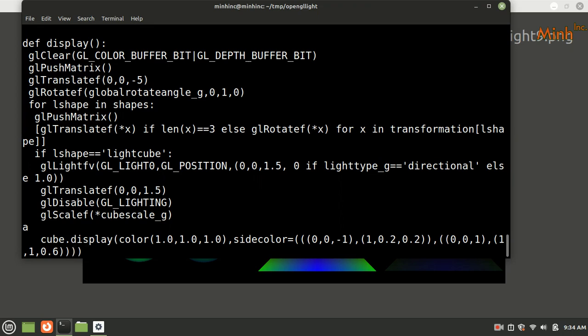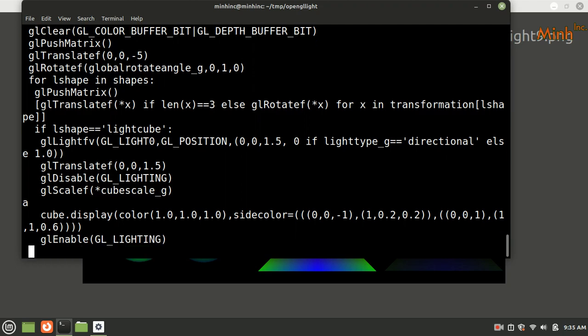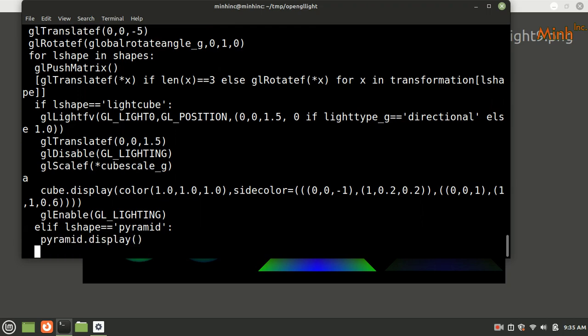Okay. Now we will enable the lighting. We disabled it because the cube would not be drawn nicely. Enable GL lighting. Okay. If L shape equal to pyramid, dot display with the default argument. If L shape equal to sphere,